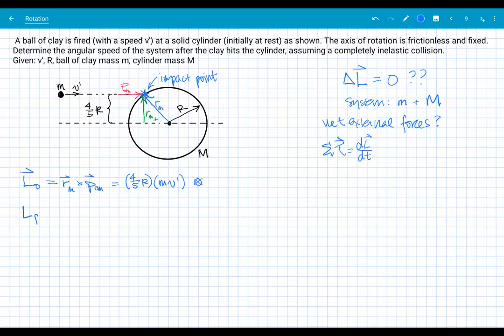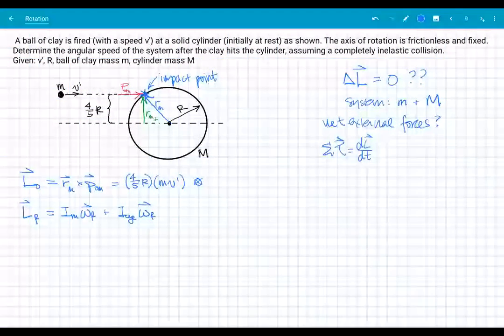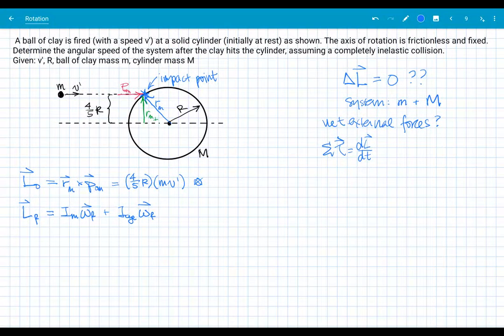The final momentum, this is post-collision, after the collision. Now what's going on is these two things are stuck together and the cylinder is rotating. So a way I can think about this is now the I value for the clay mass times omega final, that would be a vector, plus the I value for the cylinder times omega final. These omega finals are going to be the same. Remember that the ball of clay sticks to the cylinder. We're told it's a completely inelastic collision. So this here,